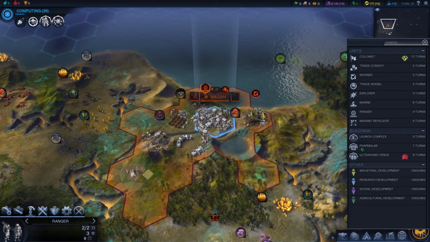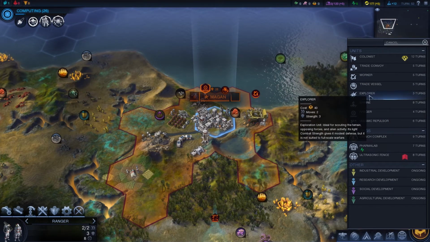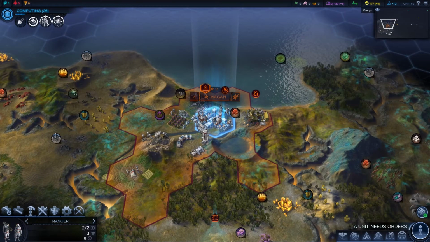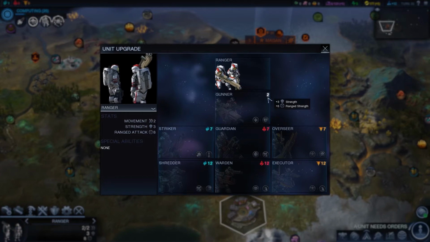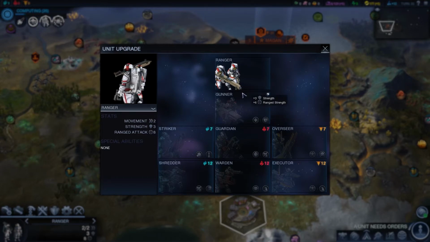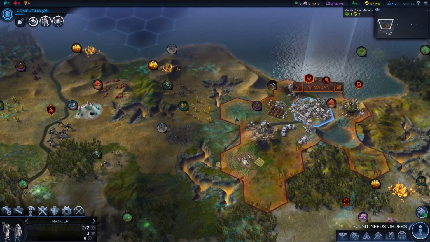So we have now got our ranger. I think what we're going to do now is get ourselves an explorer, because they only take 3 turns. And we are going to take our ranger. Now, can our ranger get an upgrade? I'm guessing it probably can't. No, we actually need level 2 in our affinity, and we can upgrade the ranger to a gunner. So what we're going to do for now is take him and...